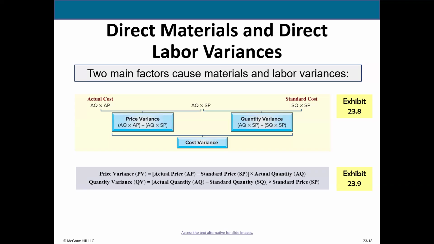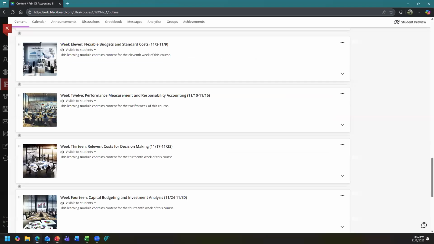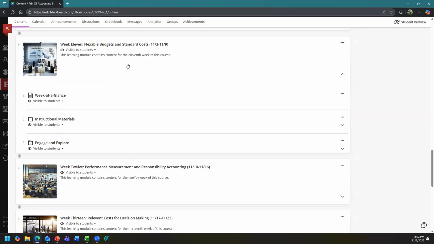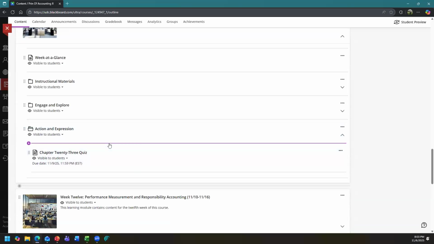Okay, well, let's take a look just quickly again in the classroom at what we have due by Sunday night and where we're heading from here, forward looking. So we're in week 11. Believe it or not, I know it's shocking, right? It goes by really quickly. The only thing you have due to me by Sunday night is the chapter 23 assignment, and that's really it. If you have any past due work, just make sure you get caught up.